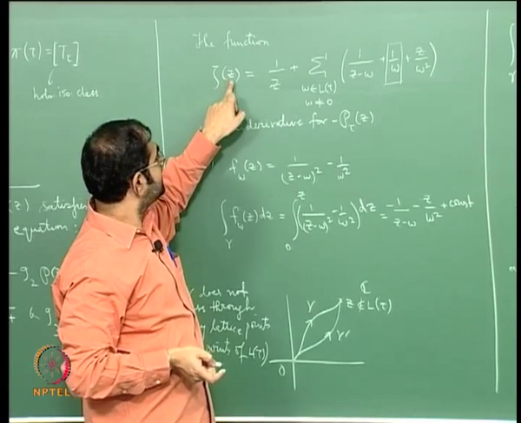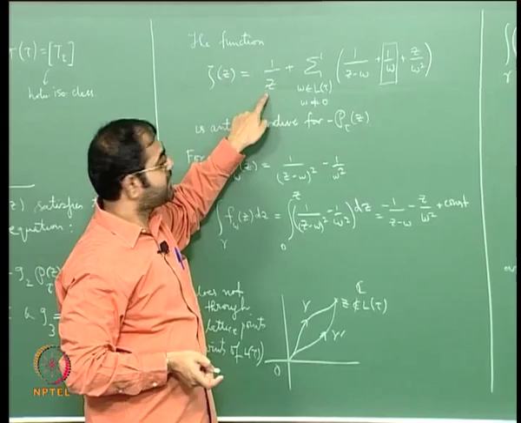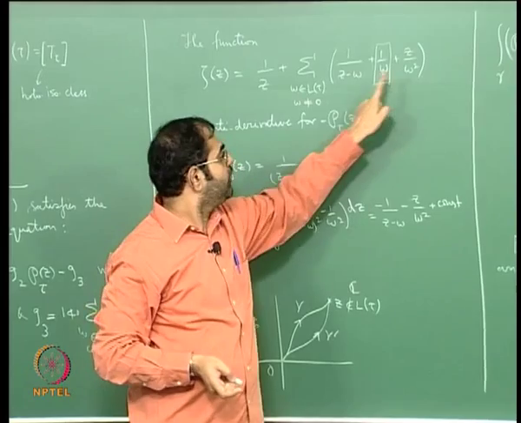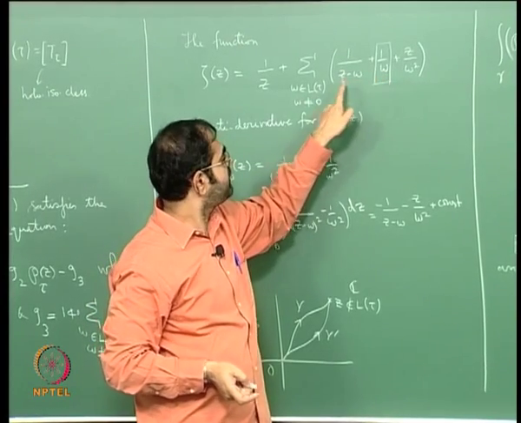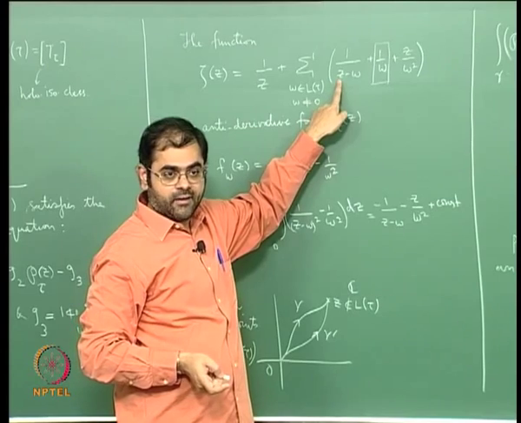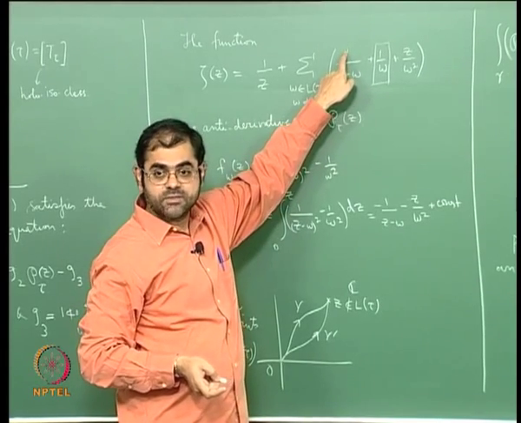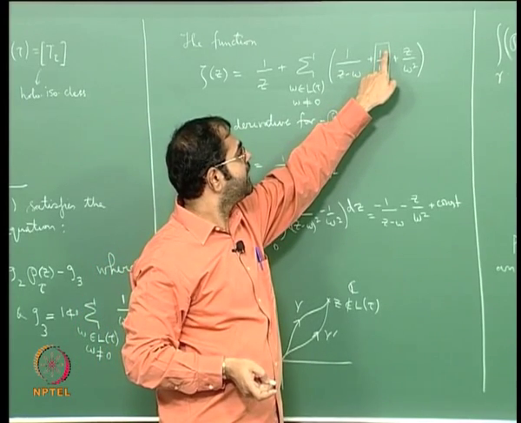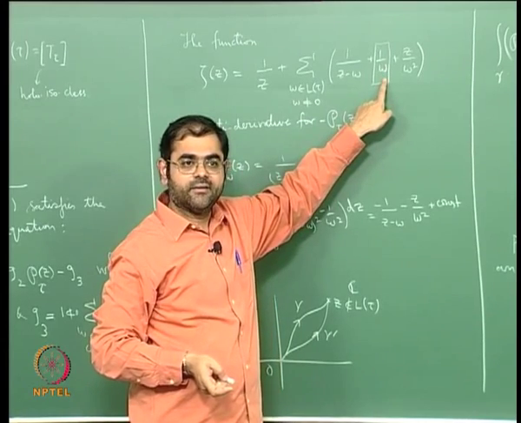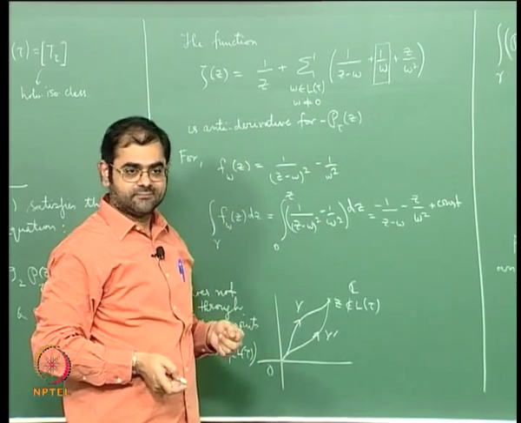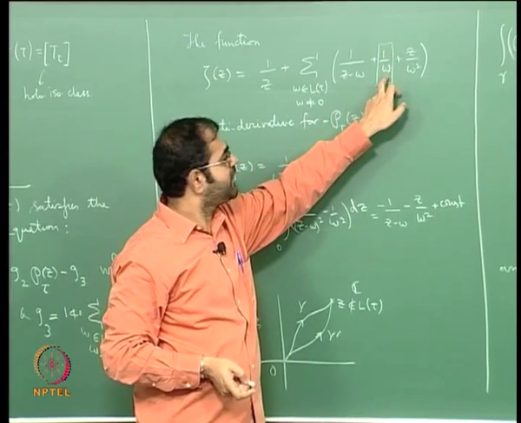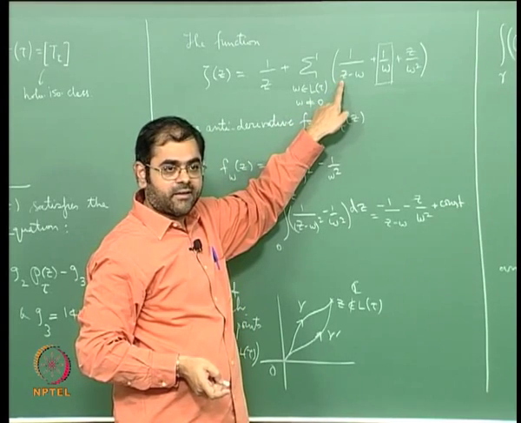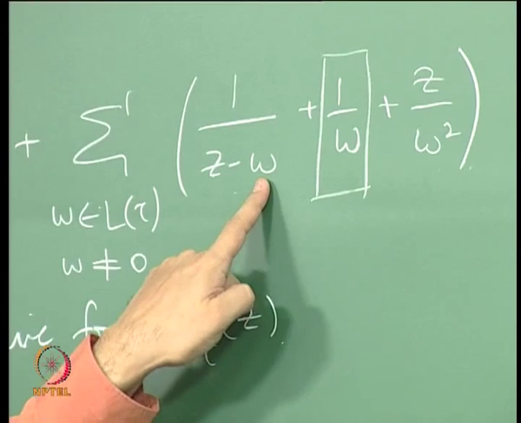You see, if I change z to minus z, this will change by a minus sign, of course there is no problem, and this will also change by a minus sign. The only problem is with these two terms. If I change z to minus z and want to push that minus outside, I have to change omega to minus omega. Therefore this constant has to be 1 by omega. Then I can pull out a minus sign provided I change omega to minus omega.